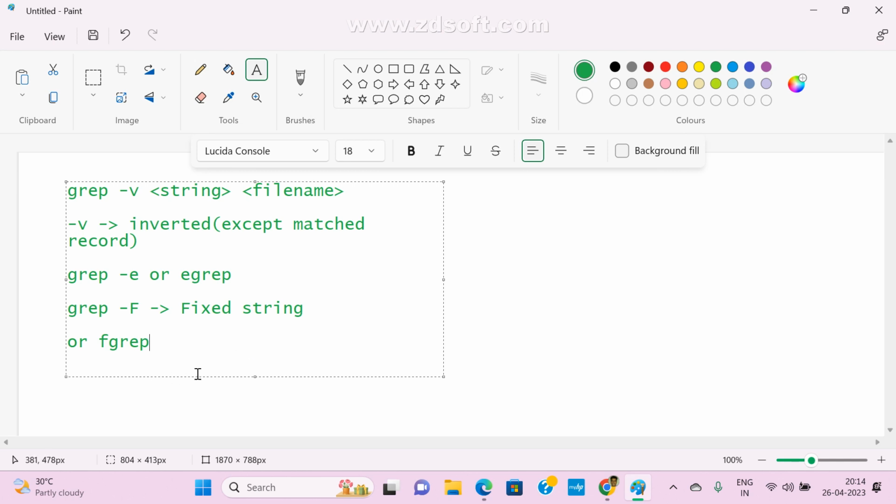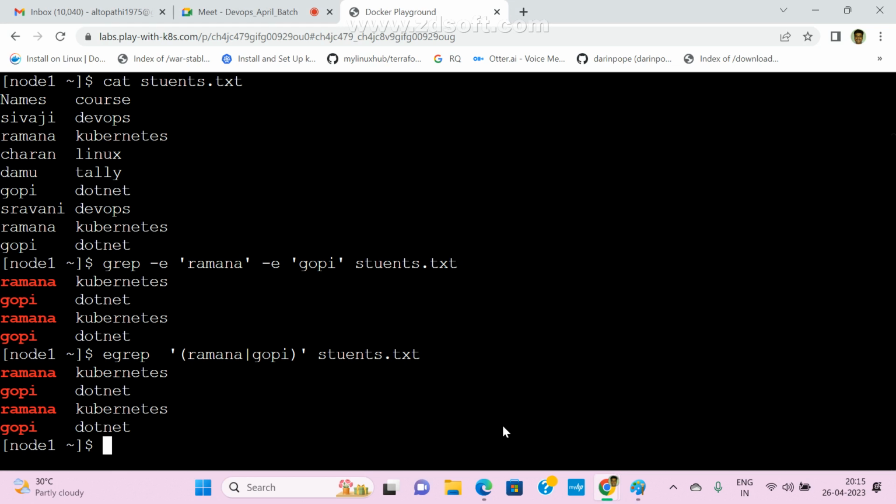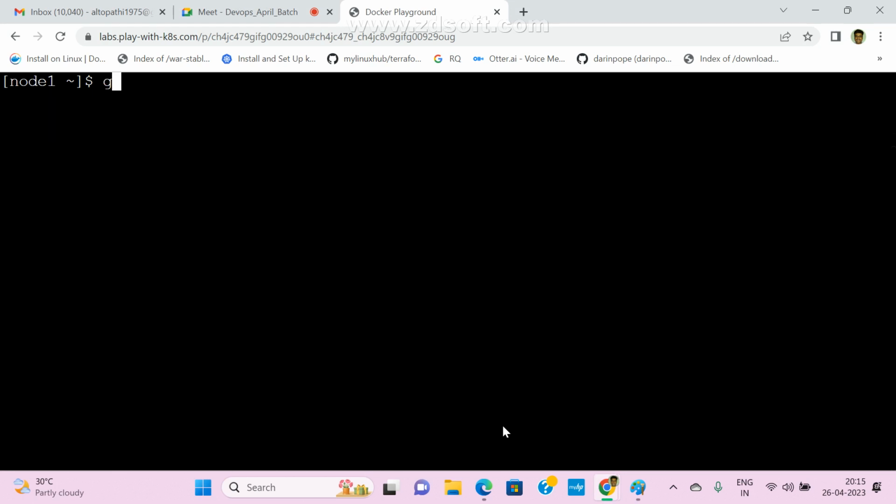How to search a fixed string means we need to follow the syntax. It takes a group of fixed strings. Now, fgrep: grep space hyphen F space, and the string, for example Ramana, with double quotation.